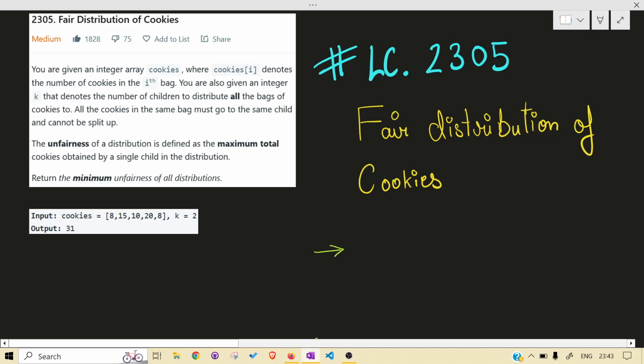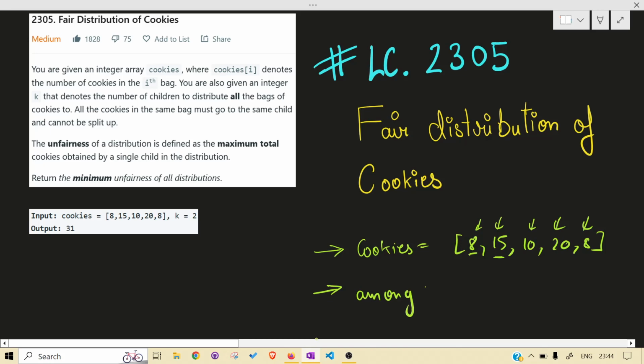What is the problem asking? We are given bags of cookies like this. We have different bags of cookies. One bag contains 8 cookies, another bag contains 15 cookies, and so on. What we have to do is distribute these cookies among k students,